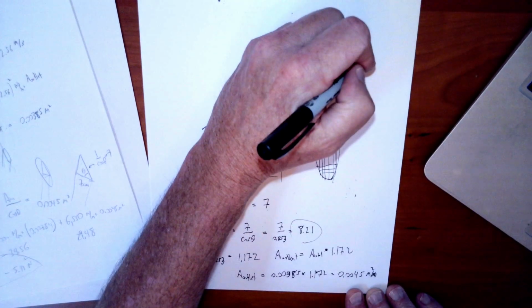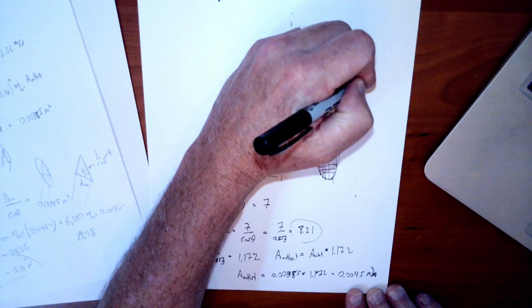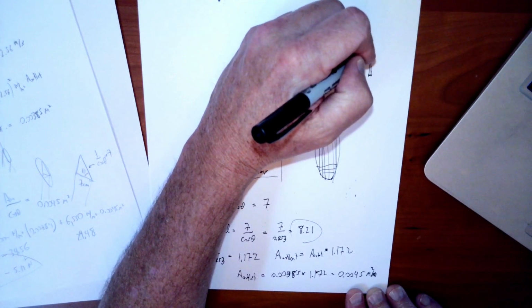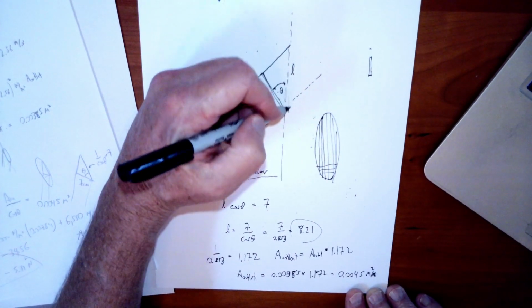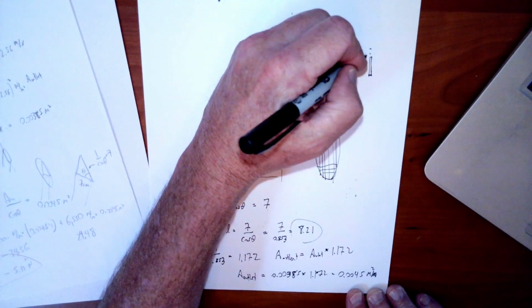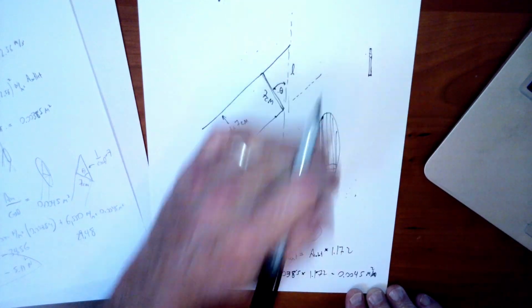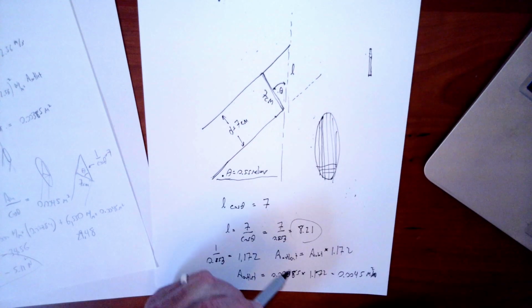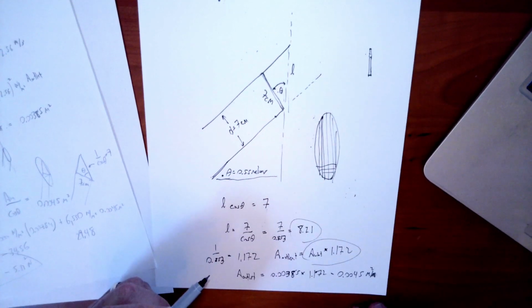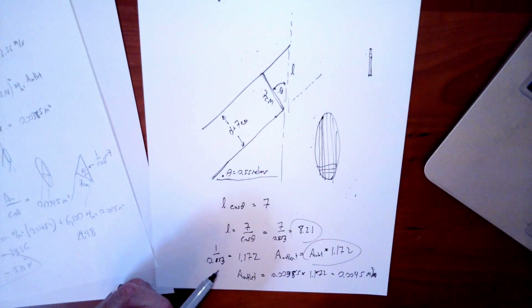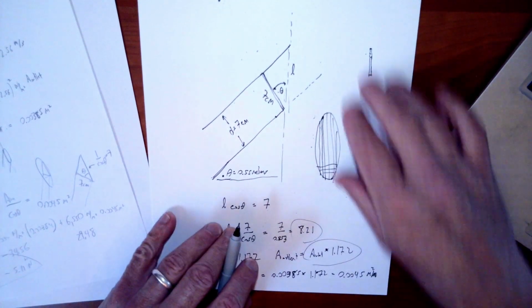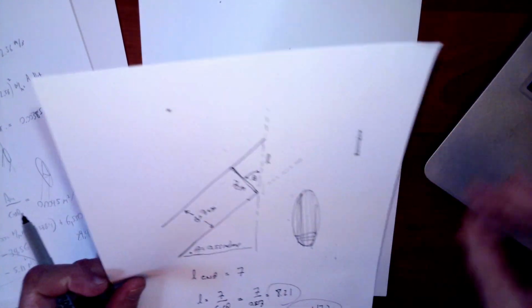So to say it again, think of it like each one of these little rectangles got longer as it went across this dimension, while the widths all stayed the same. So that's going to lengthen it in one dimension, not in the other dimension, and that's going to cause the increase to be the 1 over cosine increase in the area. So the area for the outlet is 0.0045 meters squared. So that allows me to go back to my X forces and actually